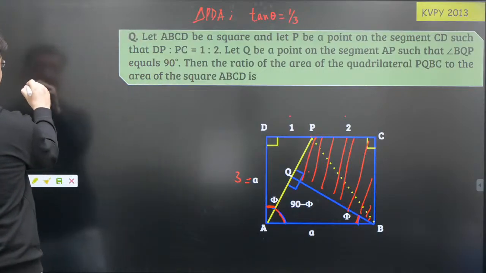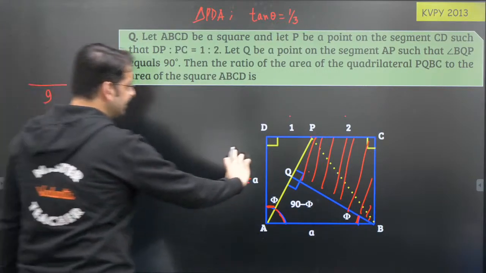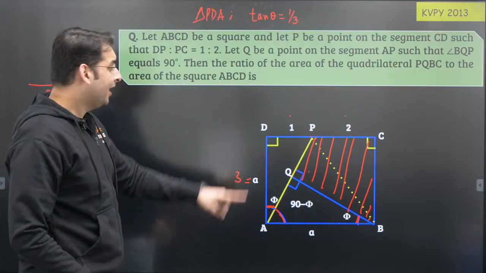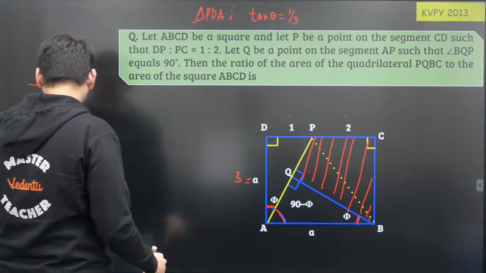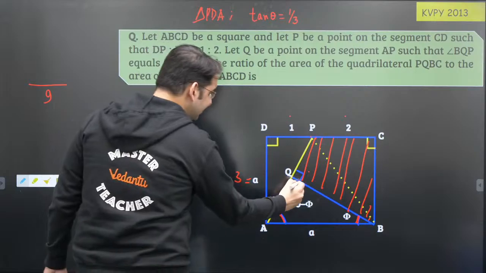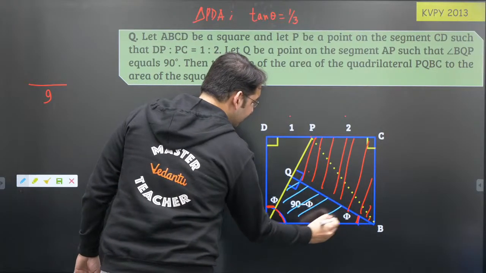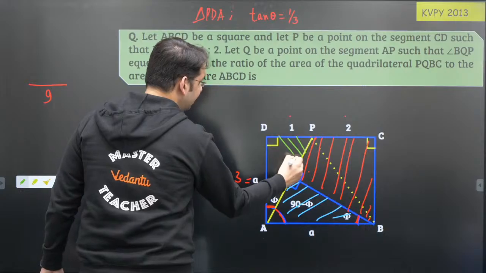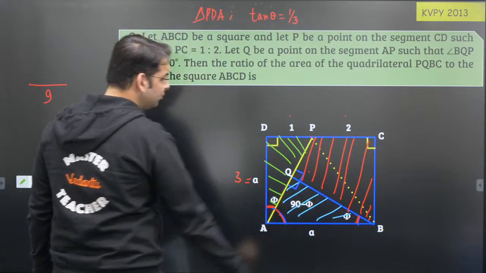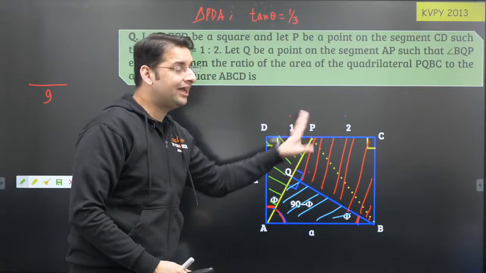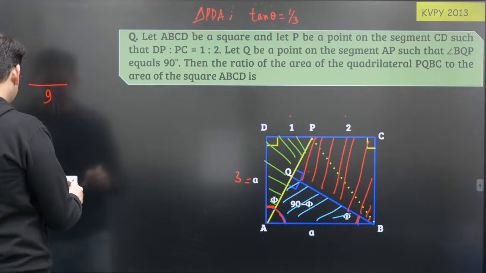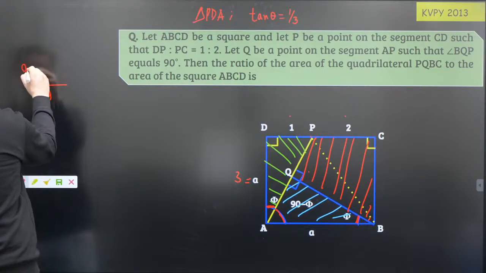तो बच्चों नीचे तो 9 आ जाएगा, because this is 3, तो नीचे तो 9 आ गया. ऊपर वाली चीज दिखानी है कितनी है. ऊपर वाली चीज आएगी बच्चों, ये वाला एरिया बचा हुआ है और ये वाला एरिया बचा हुआ है और ये वाला एरिया बचा हुआ है. So if I am able to find these two areas and subtract from 9, I am done. So basically the answer would be 9